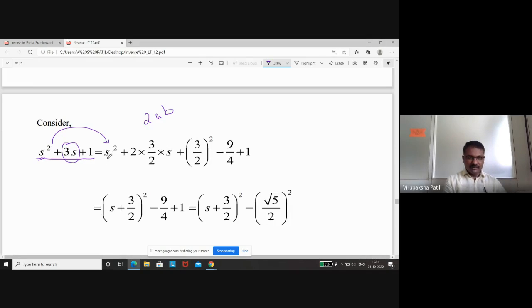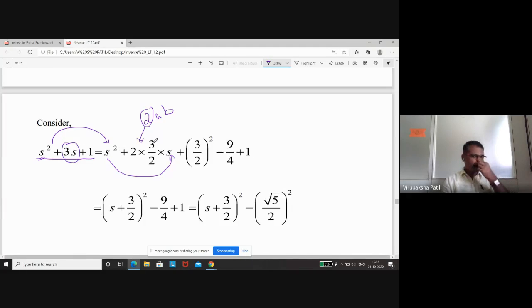Then keep this a value as it is here. Then this 2 should be there; you will write that 2 here. Now what is happening? You must get 3s here after manipulation. So for that purpose, you should get rid of this 2 and you must get 3. So for that purpose, what will you take? B value will be taken as 3 by 2, so that this 2 gets cancelled. This 3s remains as it is.